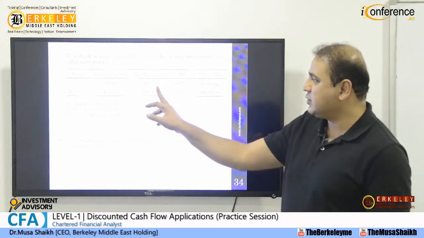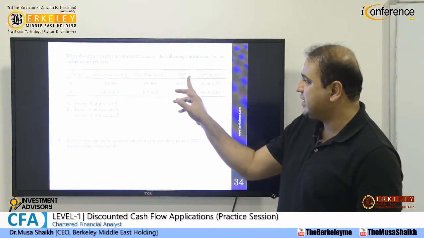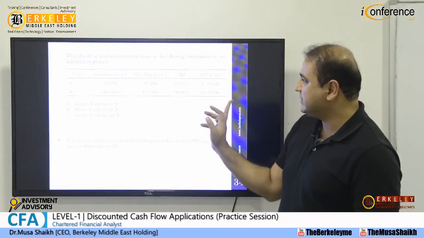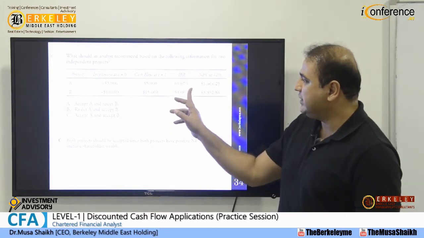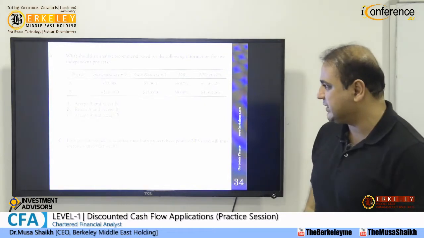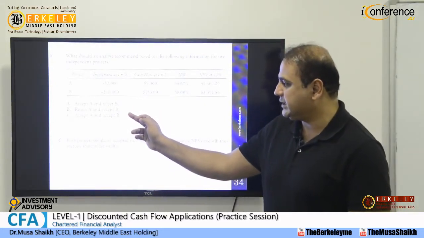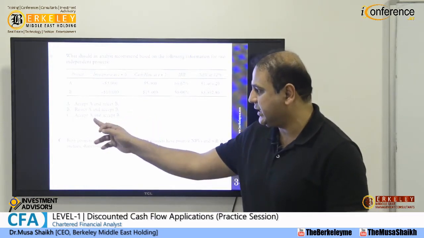Cash flow at one is 5,000 for A and 15,000 for B. IRR of A is more and present value for B is more, while IRR of B is less and present value for project A is less. The options given are: accept A and reject B, reject A and accept B, or accept A and accept